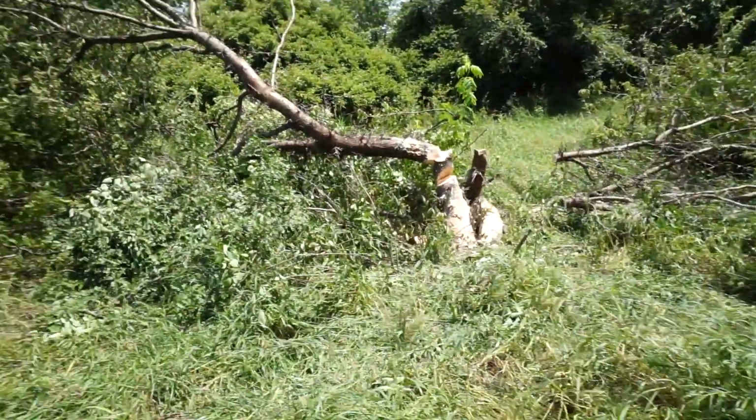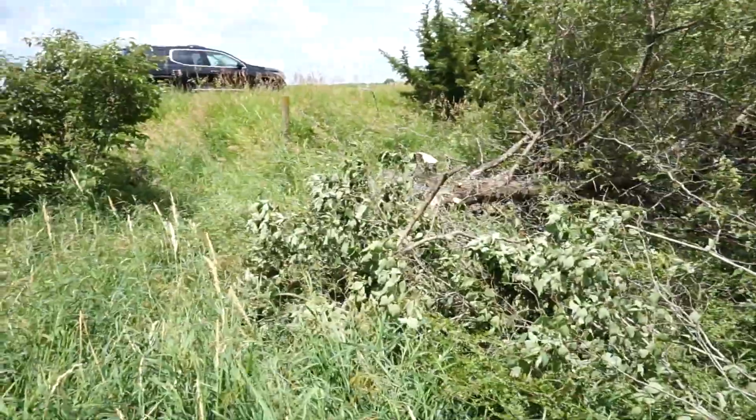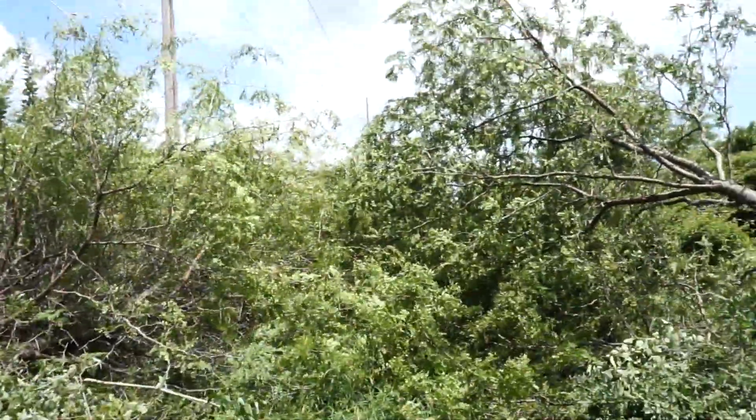Alright, I'm going to call it a day. I was only able to be out here about an hour today. I was a dummy and I didn't charge all my batteries. I just charged one, so that makes a difference. But I was able to get down these two trees. I had two over here and then this big one over here. So I got a big old mess